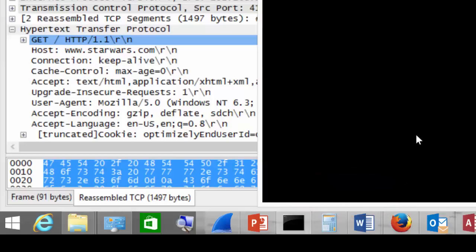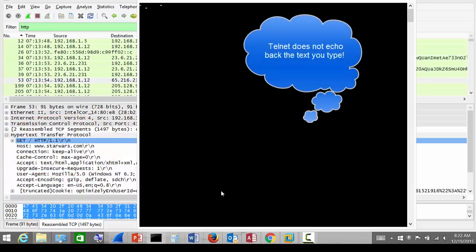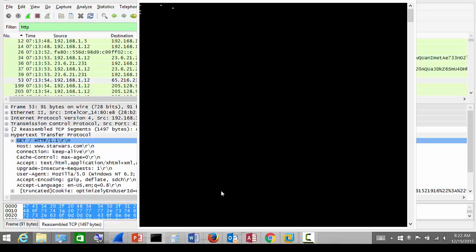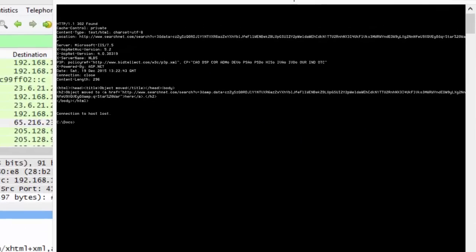Now when I get there, the server is connected to me. I'm going to type GET space / HTTP/1.1, return, and then Host: space www.starwars.com, and I'm going to hit multiple carriage returns, and you can see here it's going to return an